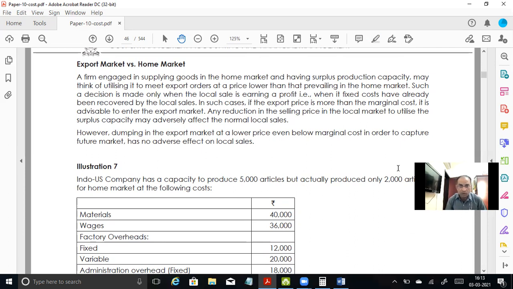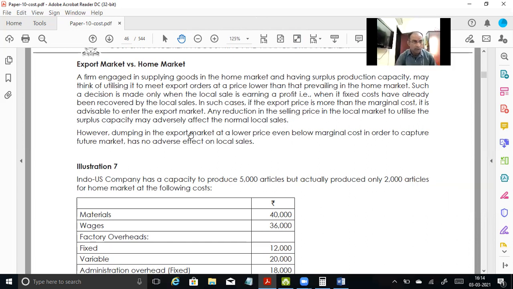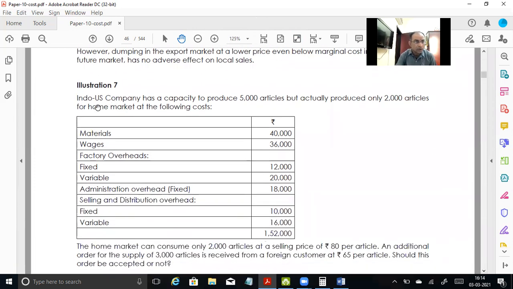Okay, so that is always beneficial because there is no extra fixed cost. Whatever you are getting will be your pure profit, plus you have entered into an export market. But in that condition, you have to be very careful that the selling price in the foreign market should at least cover your variable cost, if not the fixed cost, because we have already covered fixed cost in the local market. So it would be beneficial for the company. So we will see one more example, then we will do the rest of the questions in the upcoming classes. So they have one question in front of us, illustration number 7.